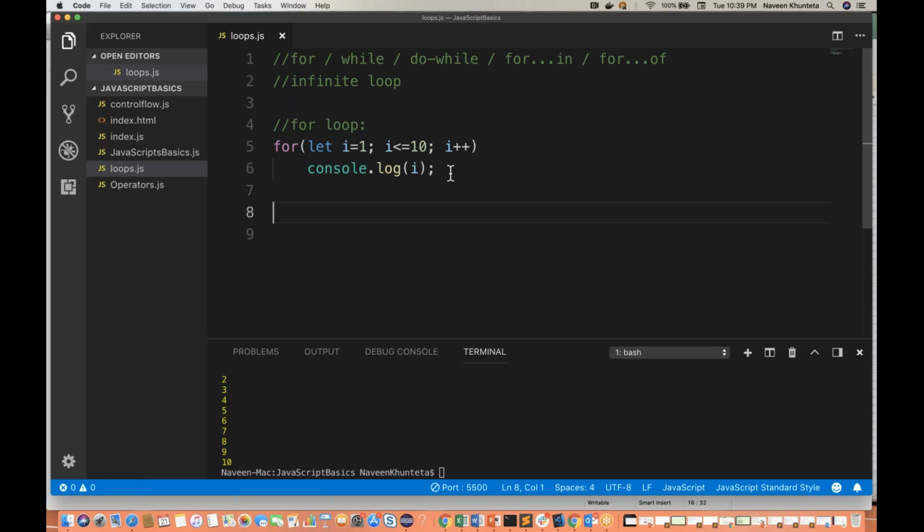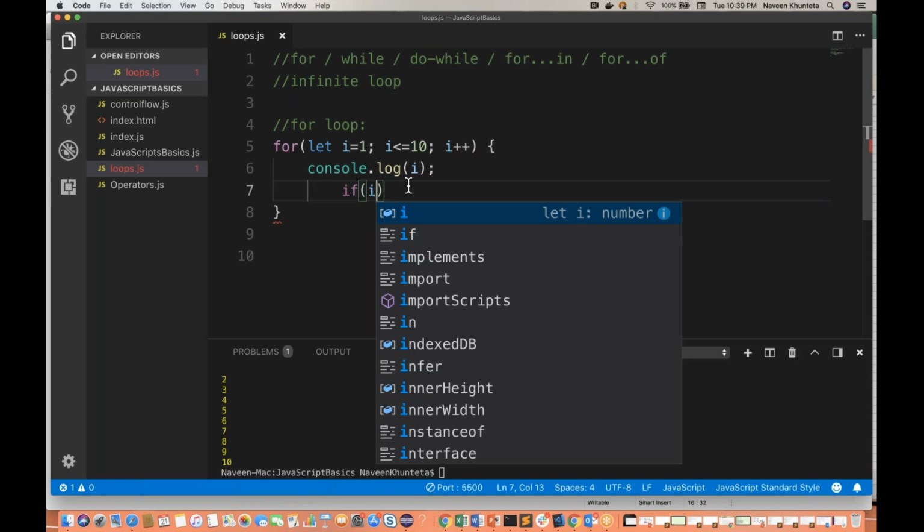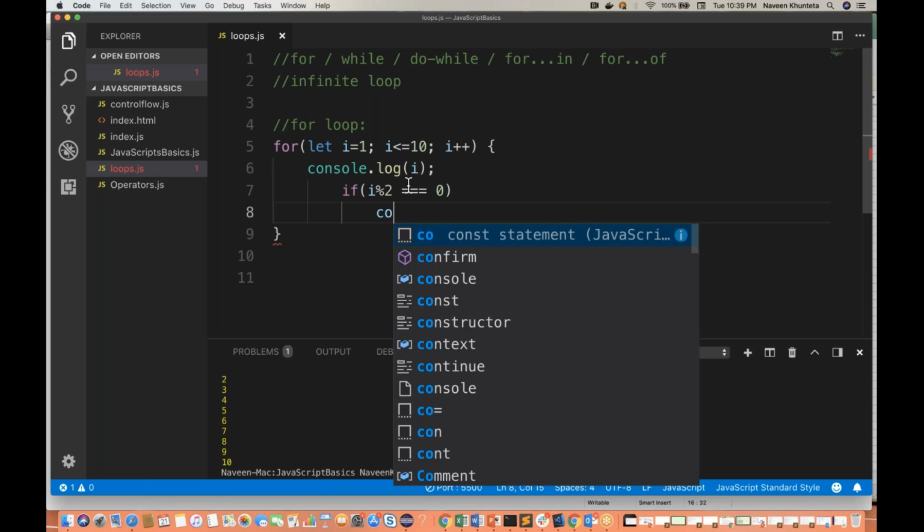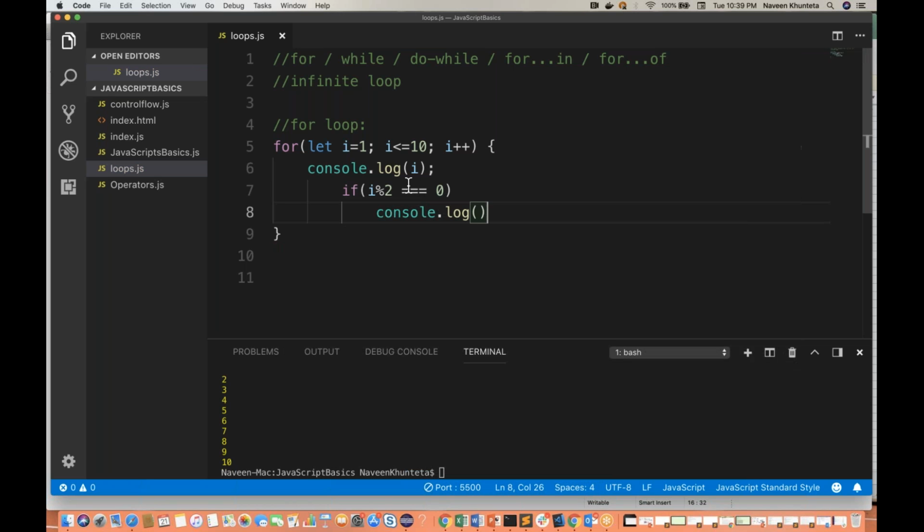Now along with this for loop, can I use one if condition or not? Yes, of course we can do it. Now I'm going to start a bracket over here so that we can write multiple statements. First print the value, console.log(i), and then write if i modulus 2, the remainder, is equal to 0, in that case what do you want? In that case you simply say console.log and print